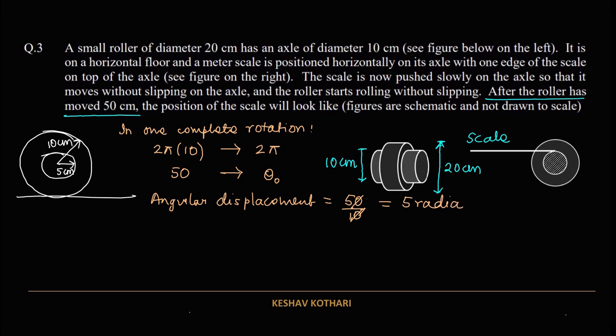Now based on this value of angular displacement, we are calculating the displacement of the point P on the axle. So this is the point P on the axle where the scale is attached. So we are discussing the motion of the P. So if I calculate the displacement of the axle point, displacement of point P, so now this time the value of radius is equal to 5 centimeter, and I can say that it is equal to r into d theta. So r into theta, that is 5, and we are getting a value that is equal to 25 centimeter.